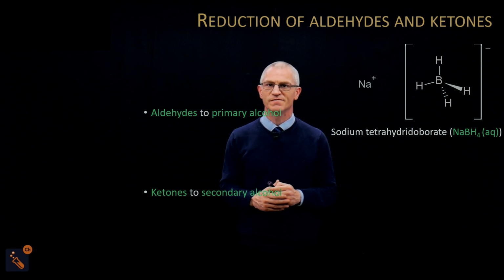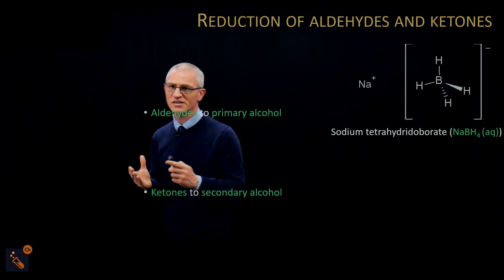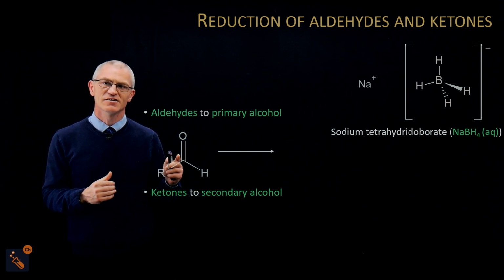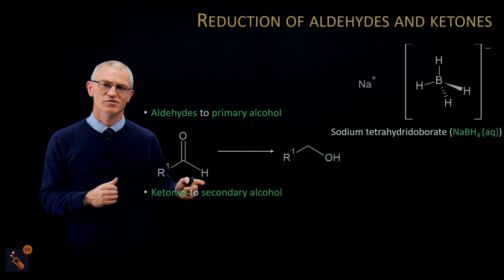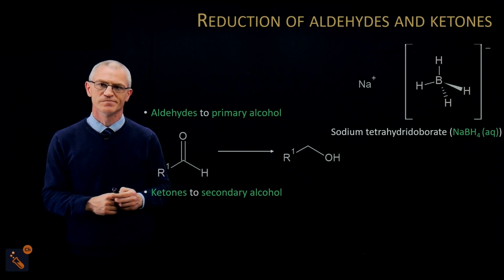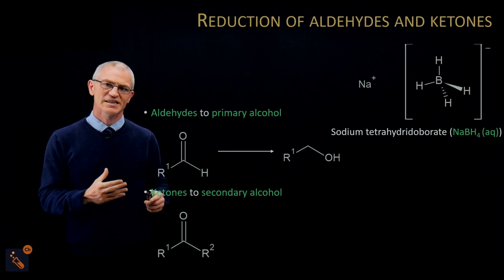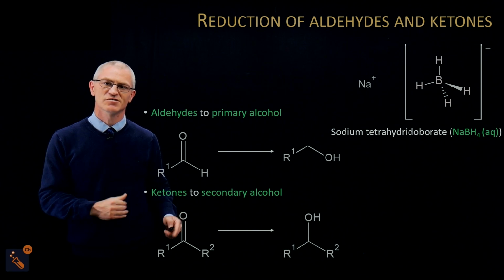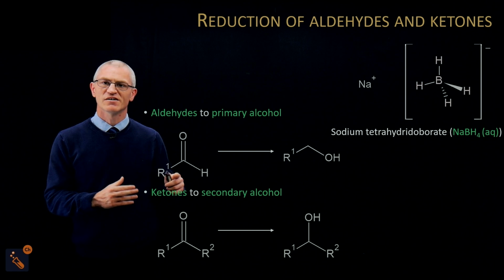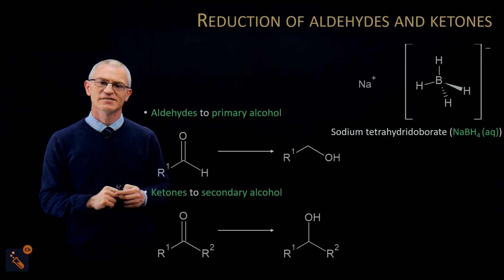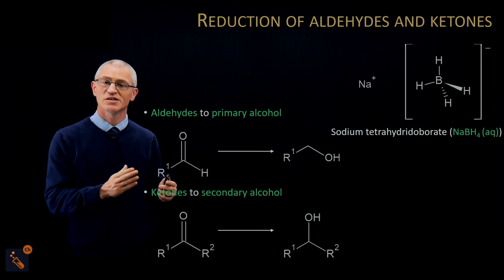and it's NaBH4. Now, what it does, it takes the aldehydes, and here is an aldehyde, okay, and takes that down to its alcohol. So the corresponding alcohol of an aldehyde is a primary alcohol because it's the terminal carbon turning into an OH, the last carbon. The next thing is a ketone. So the ketone, we're adding hydrogen to it and we're turning into that secondary alcohol. Now notice again, we are adding hydrogen as we go along. We'll explain that in a bit more detail in the next slide when we talk about the equations and the